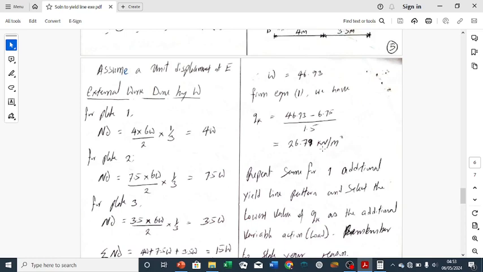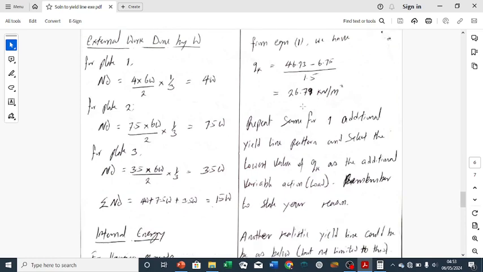So what we will do is to repeat the same for one additional yield line pattern. And when we do that, we also calculate for QK again. After that, we will compare the three values and select the lowest value of QK as the additional variable action that we need. Remember to state your reason. The reason is that yield line